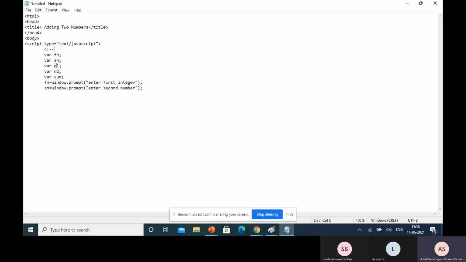If we write fn plus sn, it displays concatenating two strings. Because these two are strings, before adding these two numbers, first you can convert them into integers.